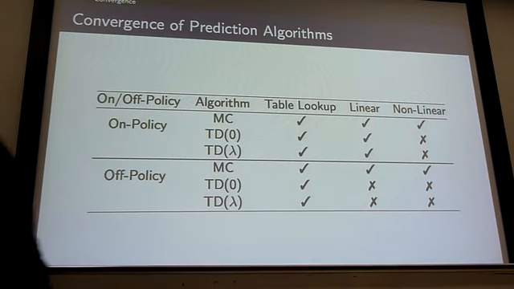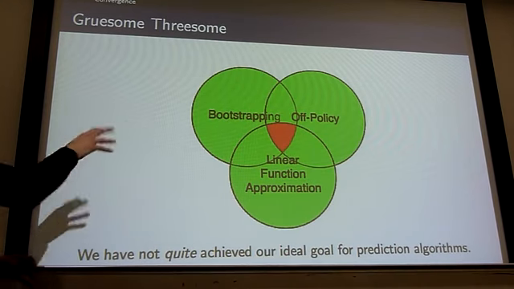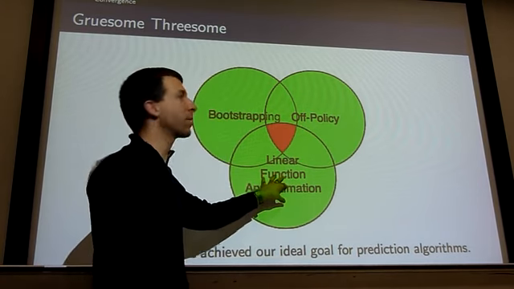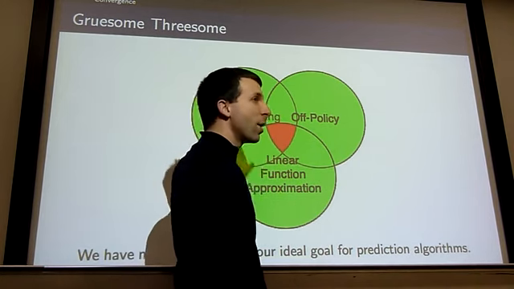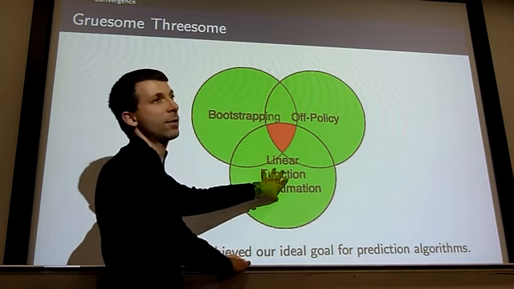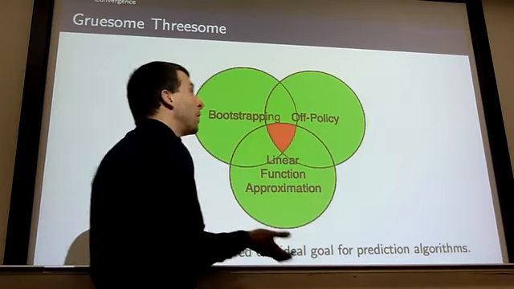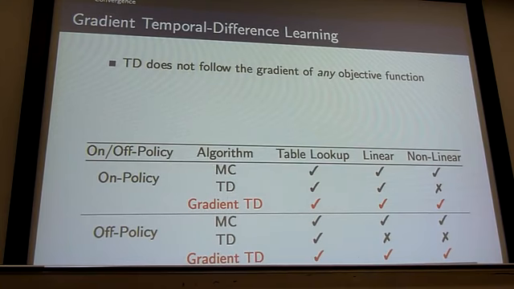wrong. So this plot summarizes it, in that we have these three different things, and if you bootstrap and you go off policy and you use linear function approximation, then it's the intersection of these that causes the problem. So everything works just as you might hope, except when you combine all these together. So you do off policy, TD learning, linear function approximation, and there's no guarantee that it will work. Although it may work. This isn't to say it will diverge, but it's not quite ideal. And I just wanted to give a little update on this, which is based on some recent work that we did, which basically